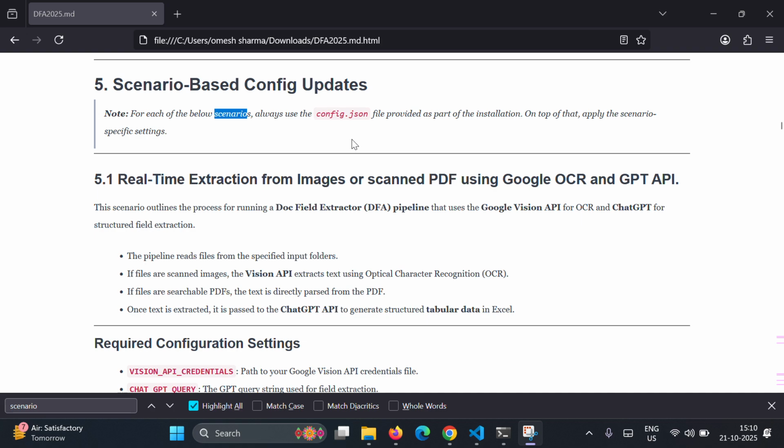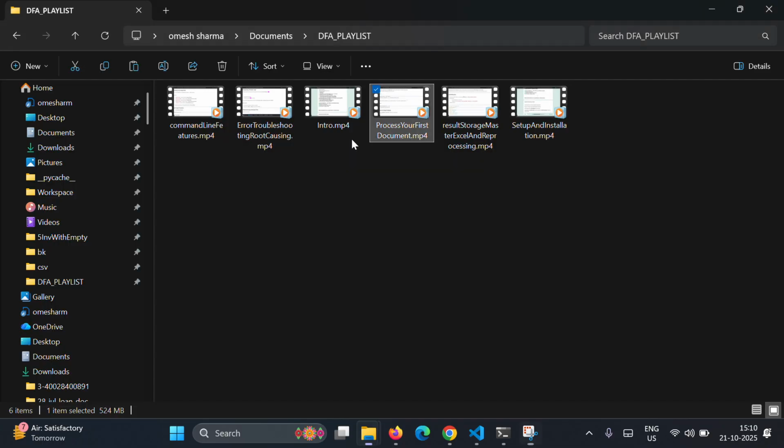Welcome to this session of scenario-based config updates. So what are scenarios? This software is capable of extracting data from any kind of media files or documents to Excel format, or virtual PDF, or CSV, or JSON, but there are multiple ways to achieve that output. One output that we have covered in the video session was